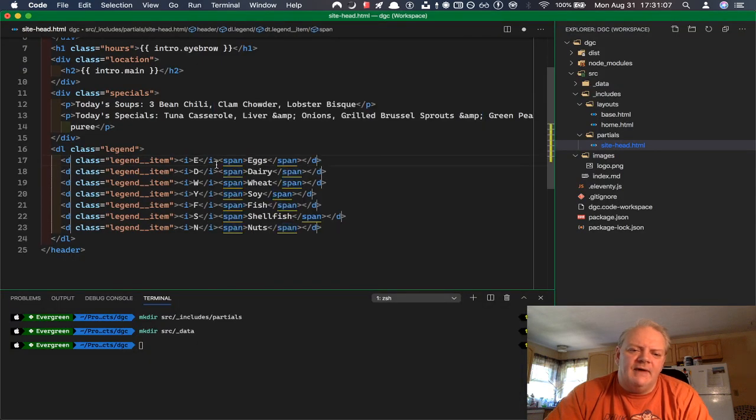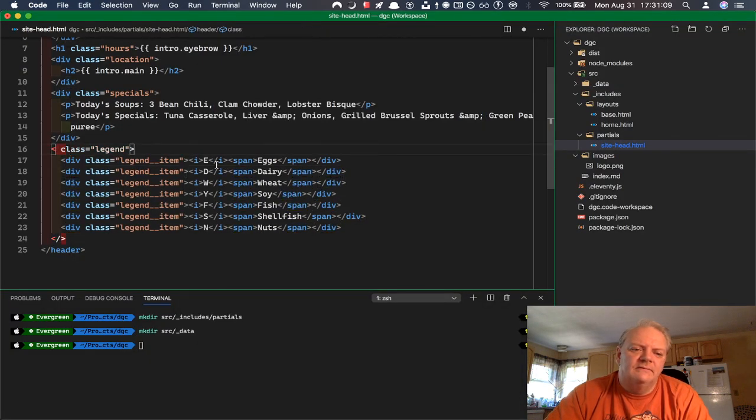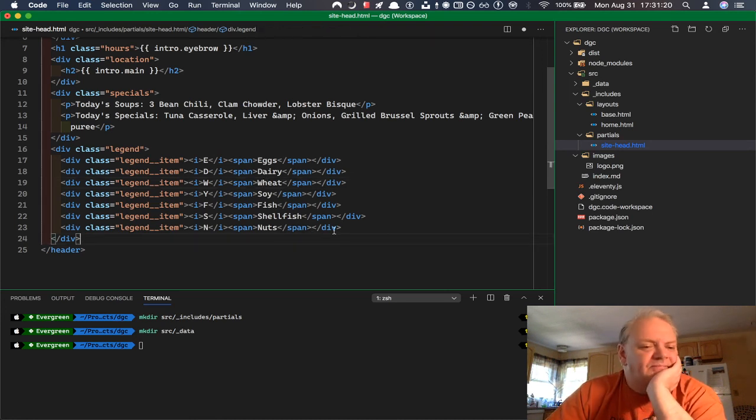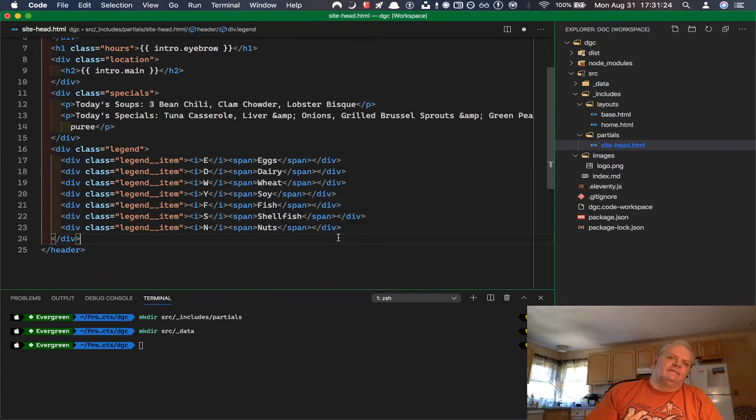I am going to actually leave that alone until I find a better way to approach it. I'm sure, well, the way it's set up, I don't think I could. Oh, I could use the definition list, but